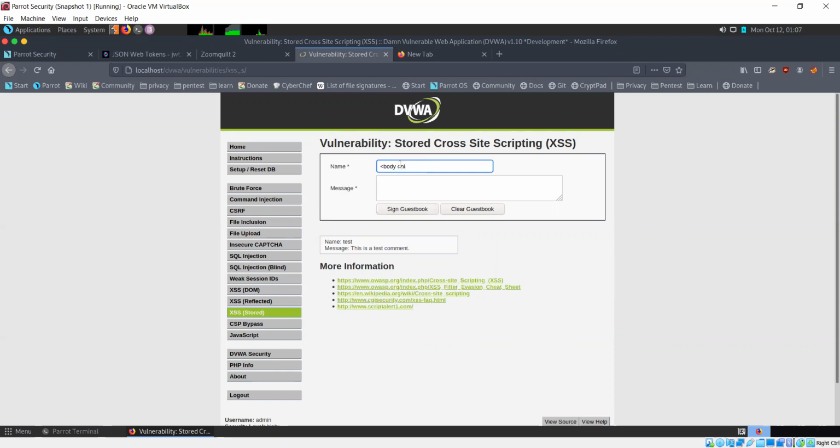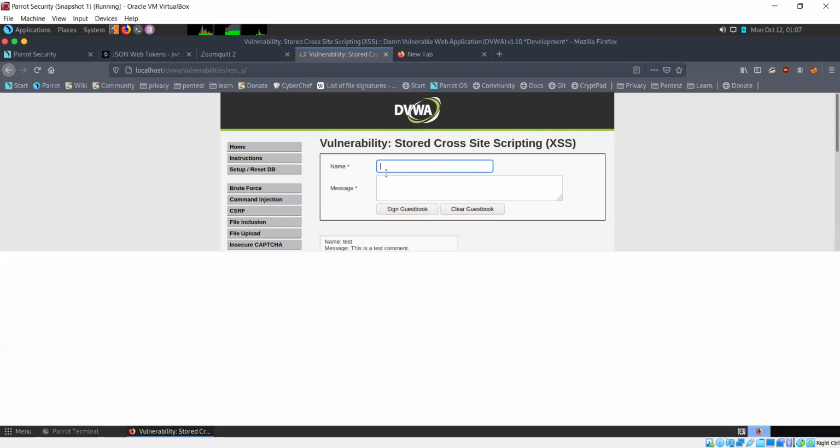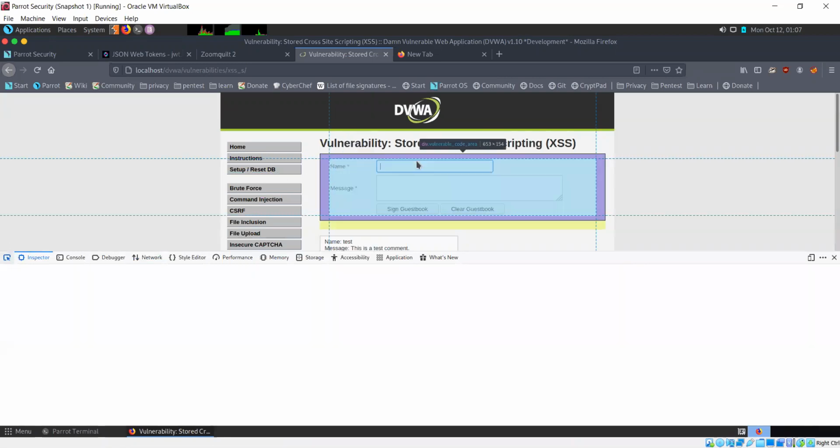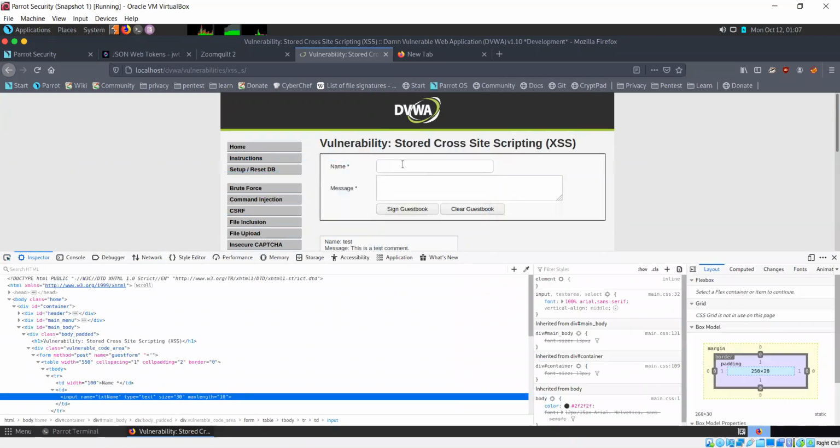Of course it's not going to let me enter anything because we saw the other day that for this input field, the max length is set to 10. So if I just remove this and now if I try entering something,